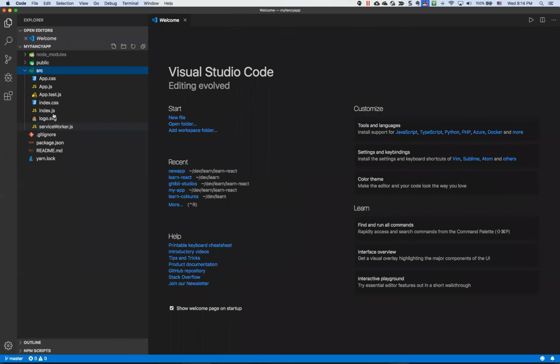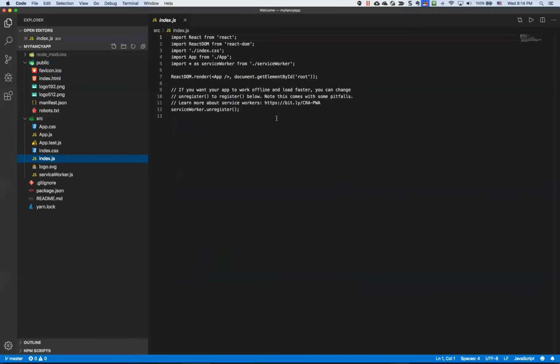All right, so as I mentioned before, it's got the source folder, which has all of our things in it. In public, there's a number of other things. There's some logos, a manifest, and a favicon, all of which might be part of what you need for your app, and you'll probably end up replacing those anyway, as well as your robots.txt to inform all the crawlers what they should do. And then in the source folder, we have our index.js,